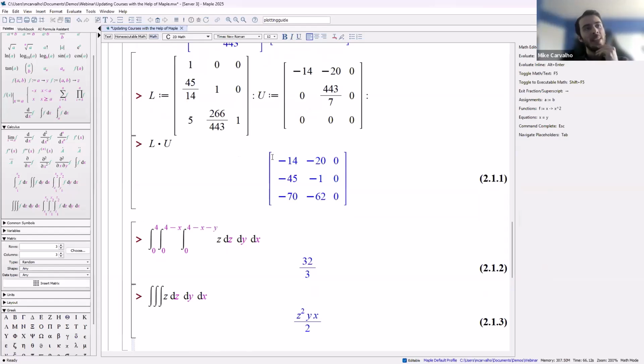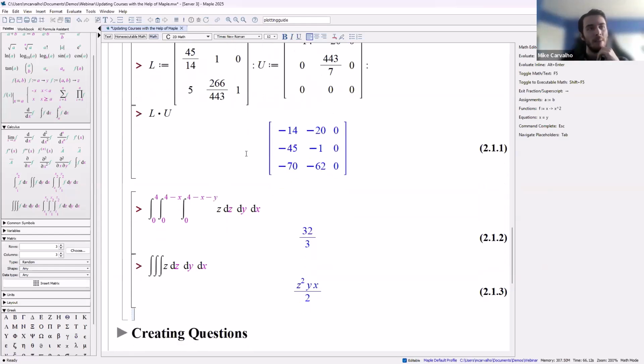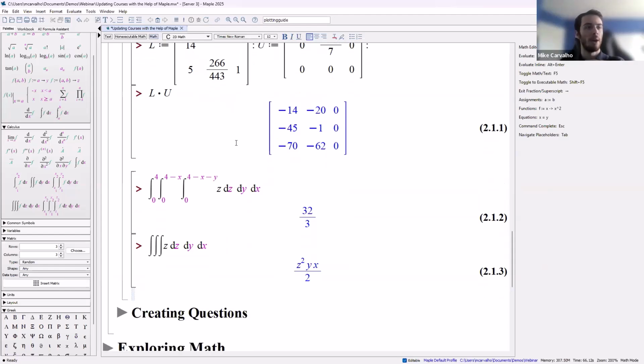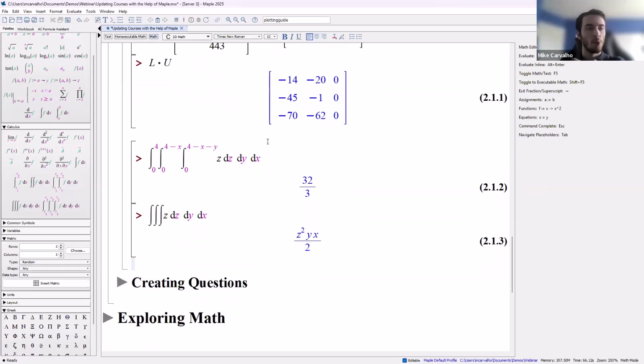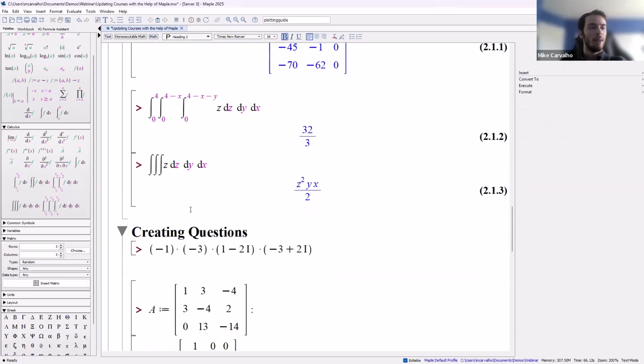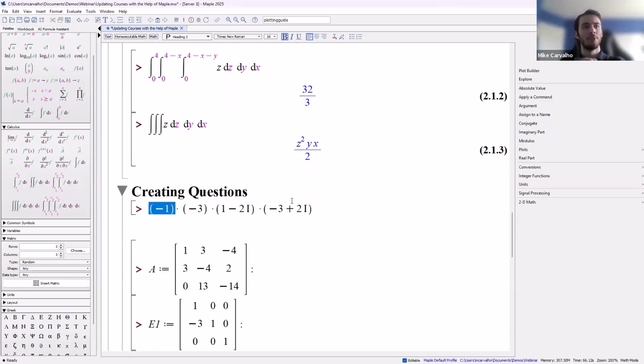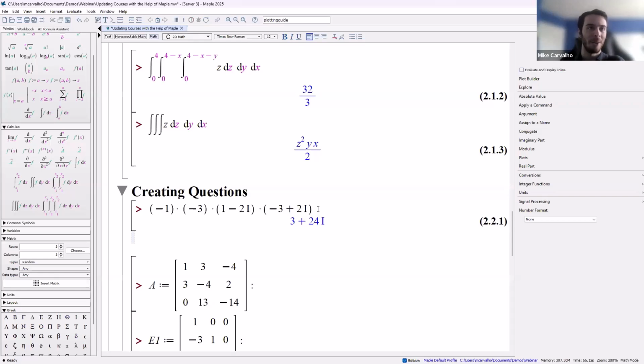So that's what it's like if you want to show computations in class. And I've seen that done very, very effectively. But what if you want to make some questions, right? Maybe you have some homework you want to create. Maybe you have bonus questions or a quiz or midterm. You can take this basic idea of starting with the answer, right? So I know that I want this expression to be the final answer of a factored number. What is the question, right? Well, you can use Maple to very easily help you figure that out, right? Okay, multiply it together, expand it, cool. But that's the basic idea.